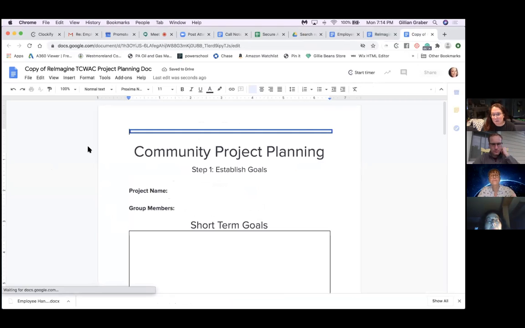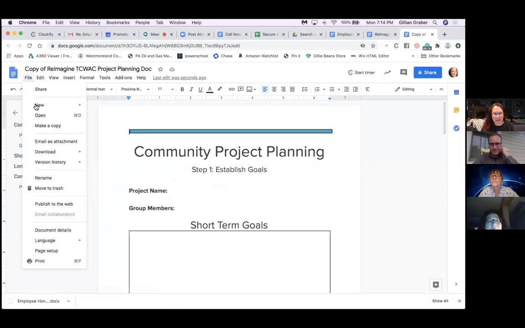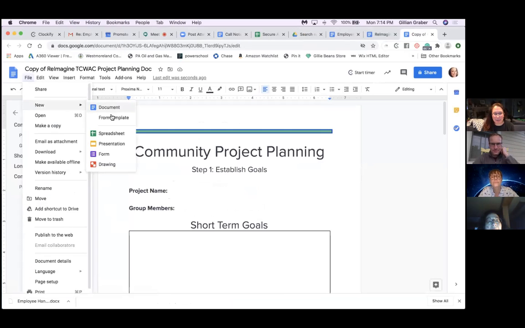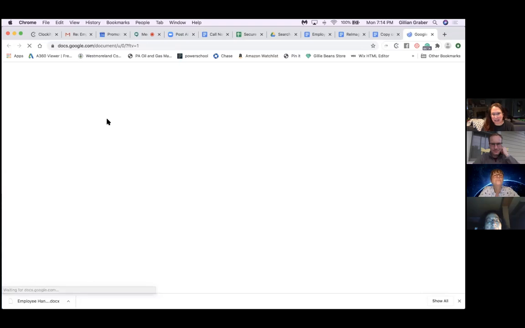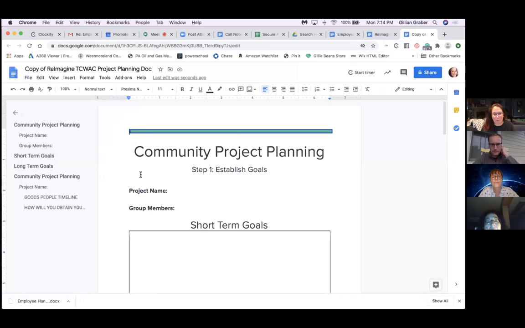Now, we also made this as a template, so if someone forgets that step, it's okay. If you're in our G Suite, we go to new document from a template. I don't think we can make this public. I don't know how to do that. We have a template right here that you can click on. So we've made this internally. So if anybody forgets to do that first step, it's no big deal. We have the template ready to go.